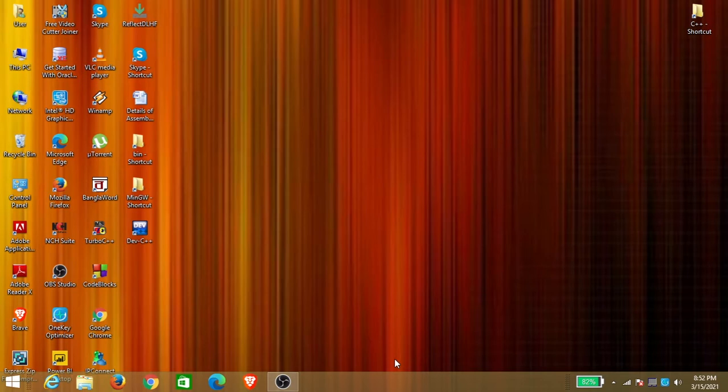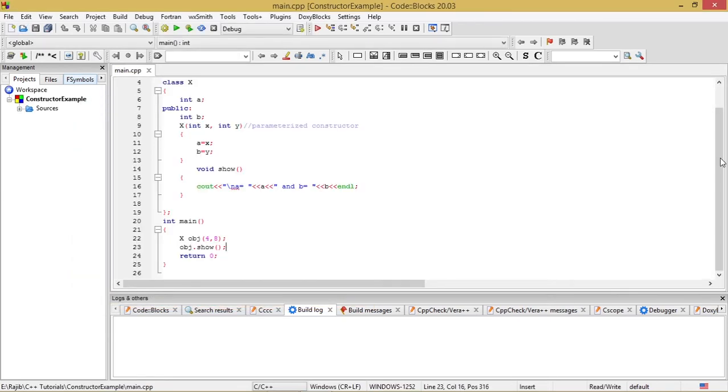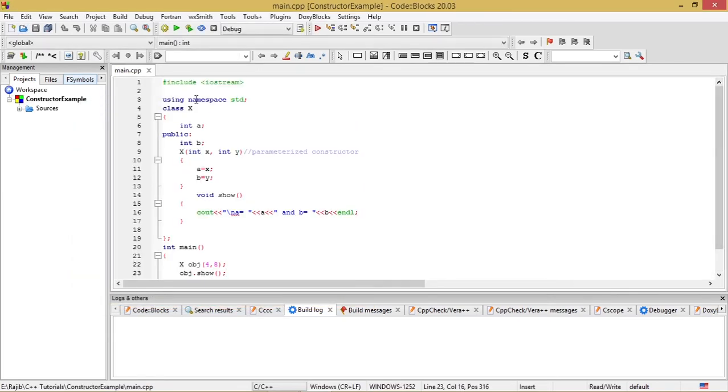So let's get started with explaining the program, before which I need to open Code::Blocks. Open this file, constructor example.cbp. Let me see what I have written over here. At first the file inclusion directive #include <iostream>, and after that using namespace std, followed by the class name, which I have named X. You can give any other name of your choice. This is the class X which I have defined in this example, and this class X has one private data member, int A, and another public data member,